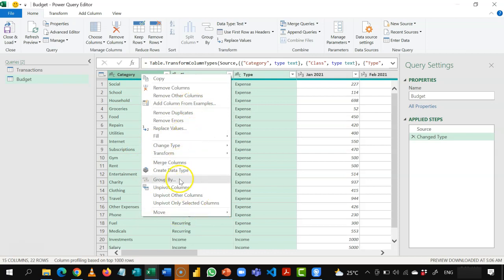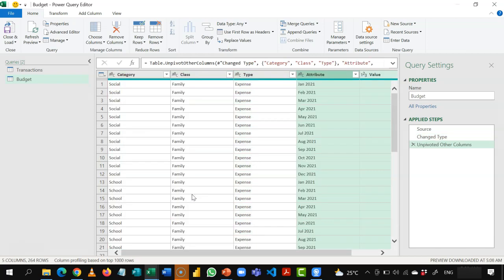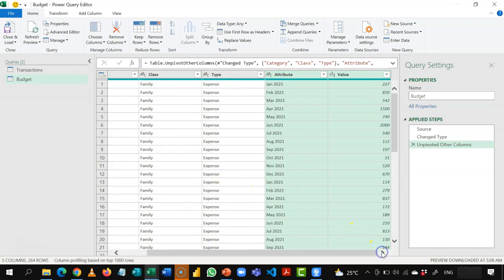So in your menu you see the option to unpivot columns, unpivot other columns. So it is the other columns, the 12 columns we want to unpivot. So we are going to choose unpivot other columns. So I'll do this action, and as I mentioned, it now brings all my 12 columns into two elements, attributes